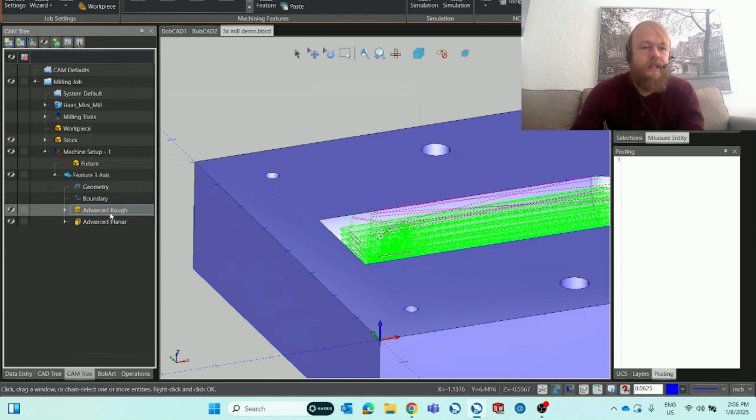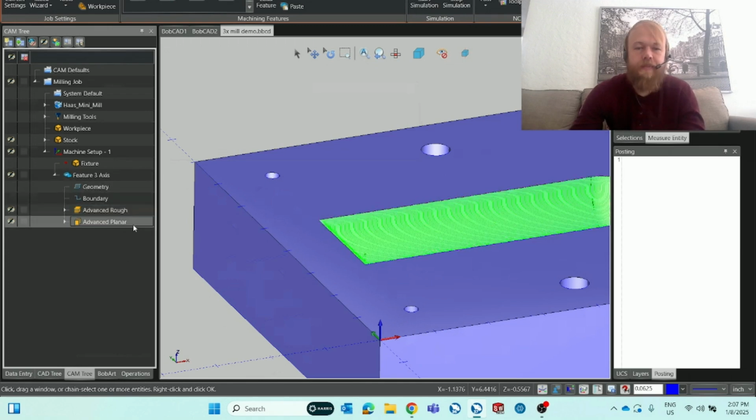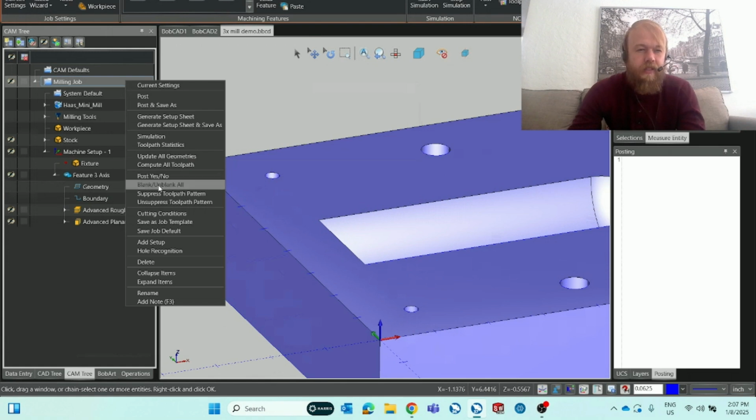I think I'll go over one more thing that I can think of and answer any questions that you guys may have in the comment section, and then we'll finish up for today. If I do a whole lot of milling operations and I want to create a template milling job for the next drawing that I have open, so I don't have to recreate this advanced rough and advanced planer every single time, I can right click on the milling job and I can go to Save as